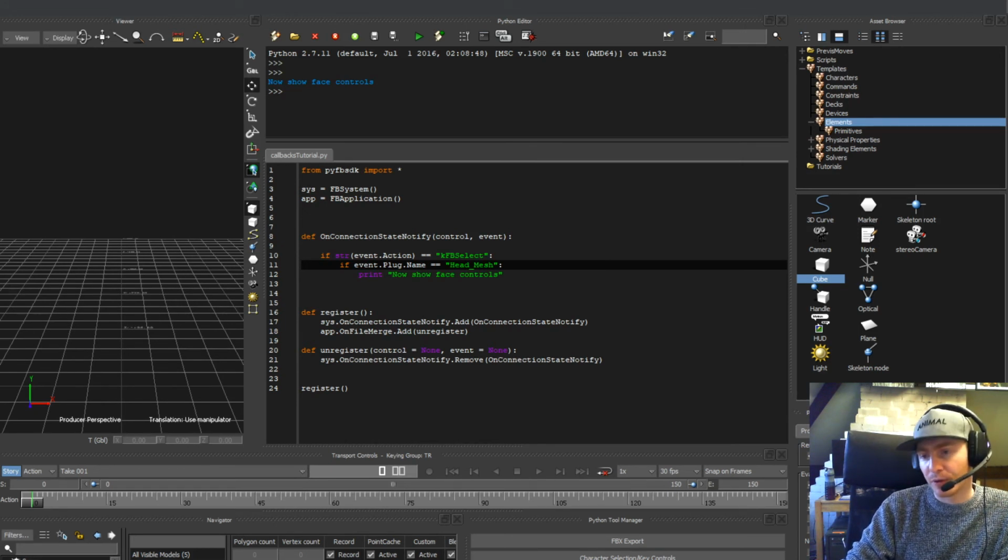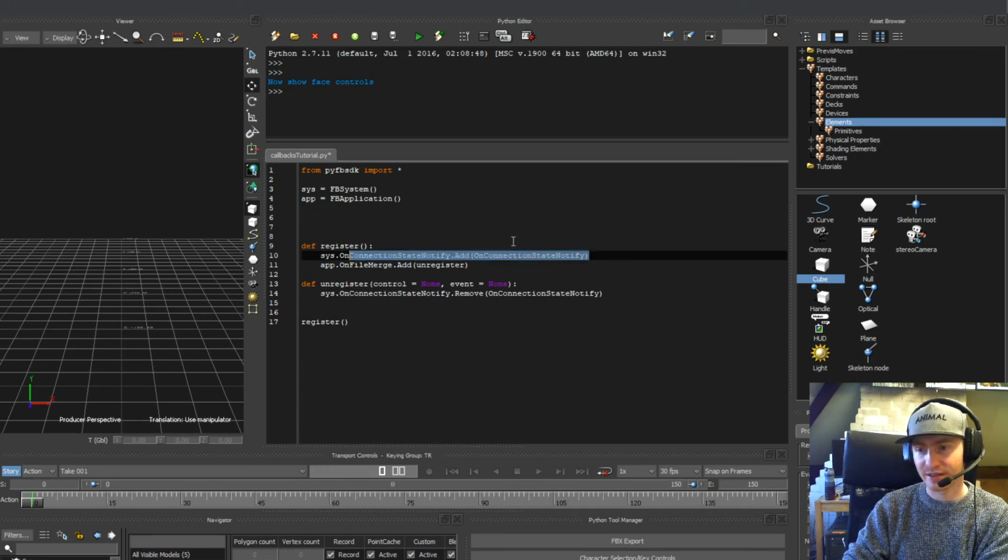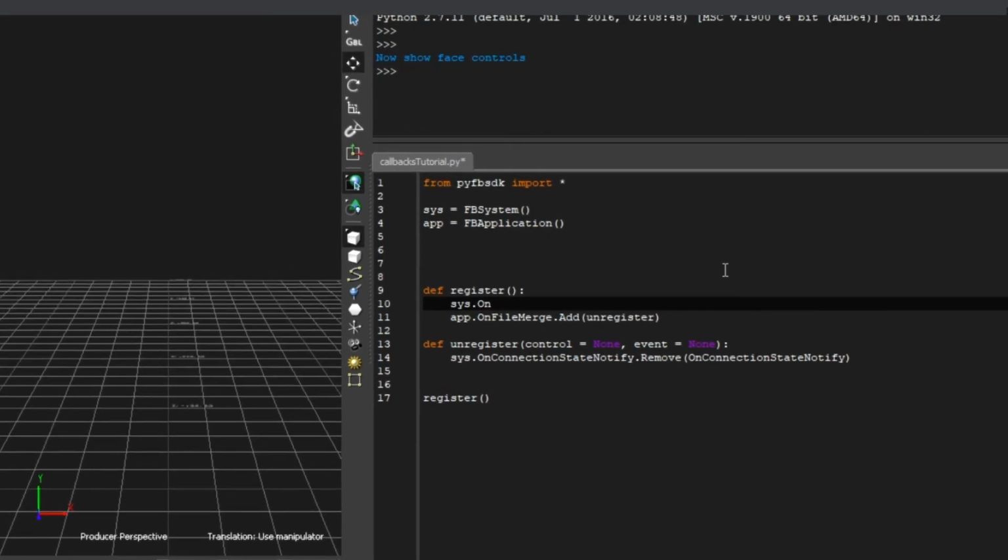Oh, the last one that we want to work with is on connection data notify. So let's work with this one very quickly. Now, as this sounds like, on connection data notify is really good for getting real-time feedback on